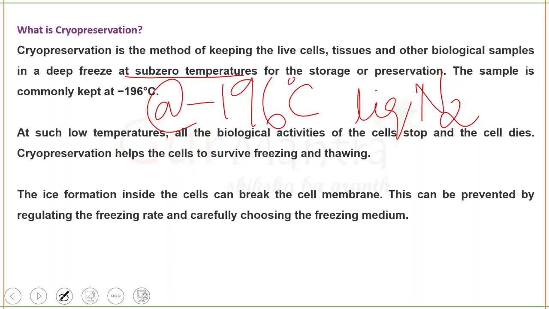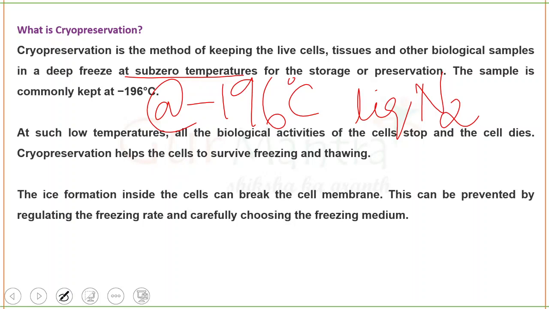They are saying at such low temperature, usually the cells will die, but in cryopreservation, the cells will not die. We will keep them in conditions such that the cells are alive. What is the difference? The cells, if we take them below sub-zero temperature itself, are dying. So what is actually happening in cryopreservation? Why is the cell not dying, and how is the cell dying in the sub-zero temperature? All of these questions you should be knowing.